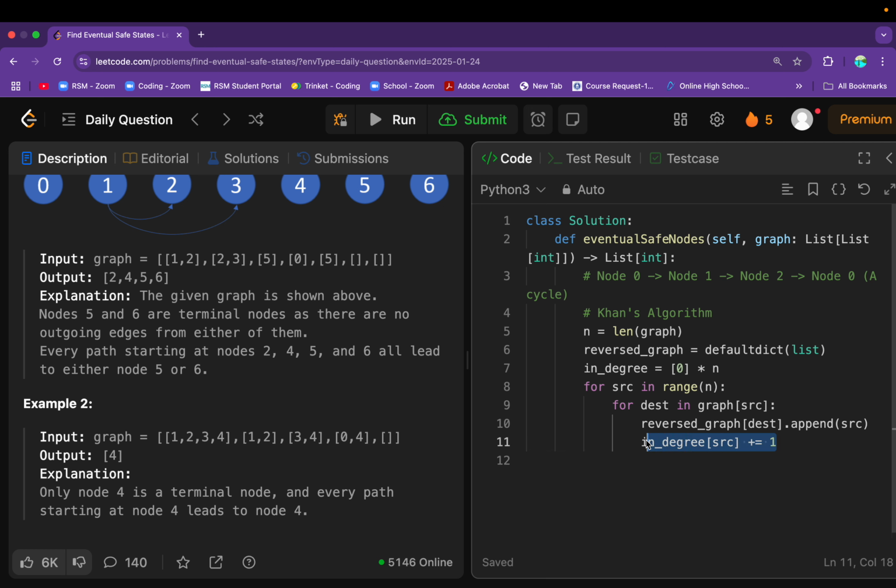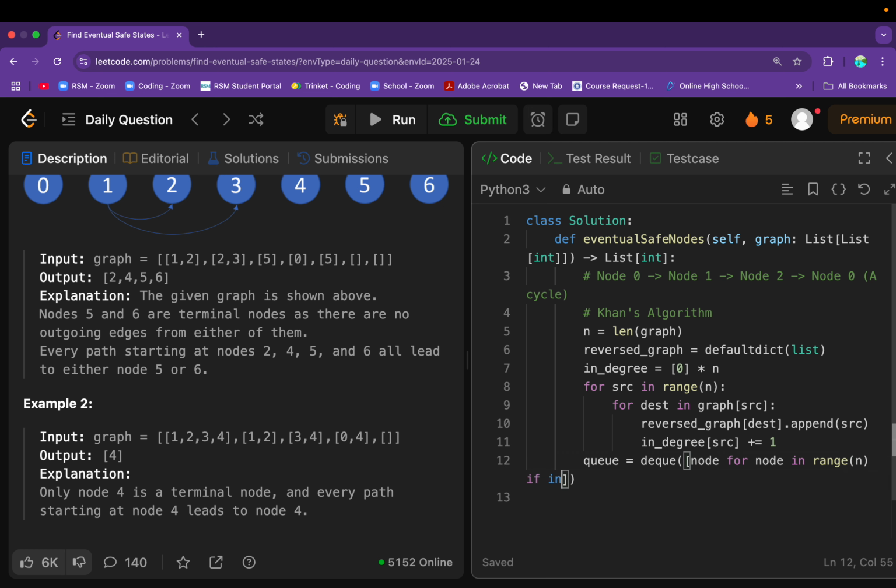Okay, now that we've stored every single source with its destination nodes, and you could say descendants, and we've got the number of outgoing edges for every single source node in the input, now let's initialize our queue. I've always struggled with the spelling of queue. I believe it's spelled like this, with 2 U's and 2 E's, and it's going to be initialized to a double-ended queue. The way I'm going to initialize it is by using something called list comprehension in Python. It's simply going to be a list with a node for every single node in the range of n, iterating through n times,